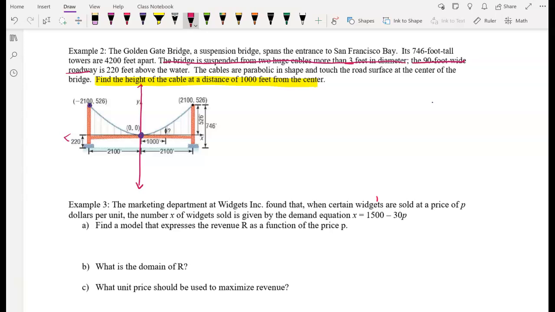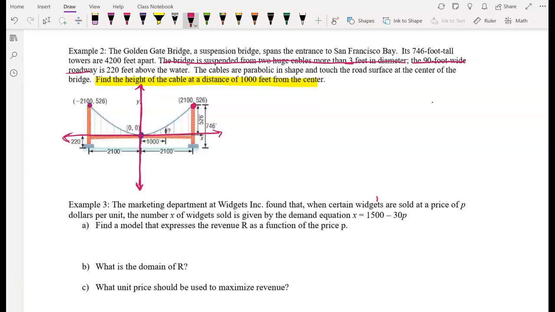And so we have this quadratic, aka parabolic, shape of the cable. So I'm going to make these right here in terms of the x and y coordinate. We have 2 points. If it is 4,200 feet apart, so if we're going to go half on the right, that's going to be 2,100. The height of the two towers are